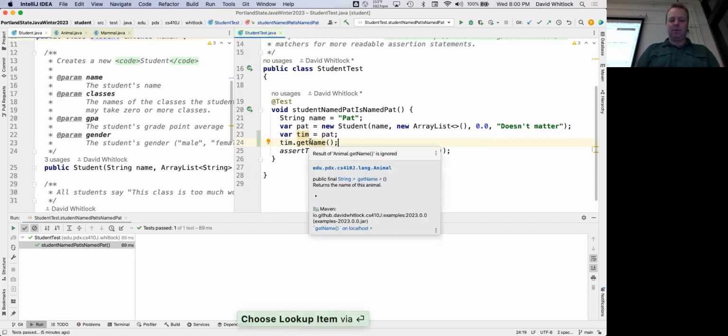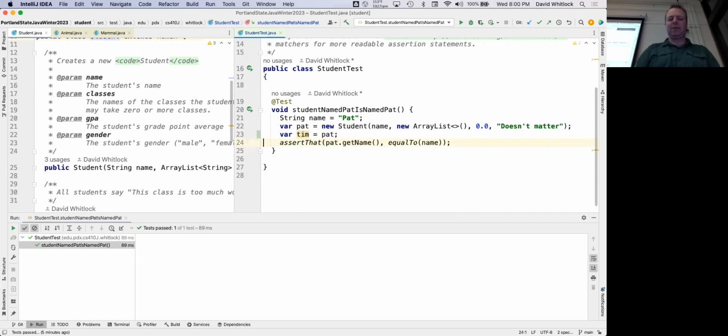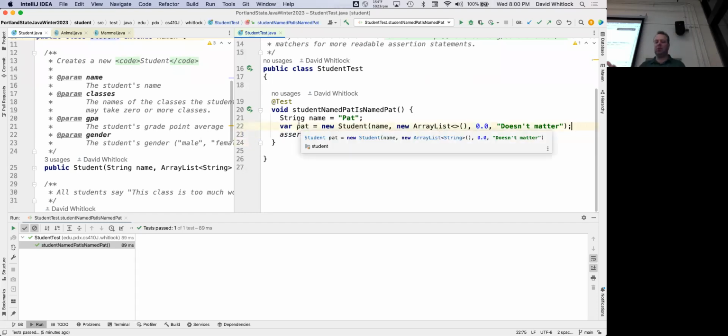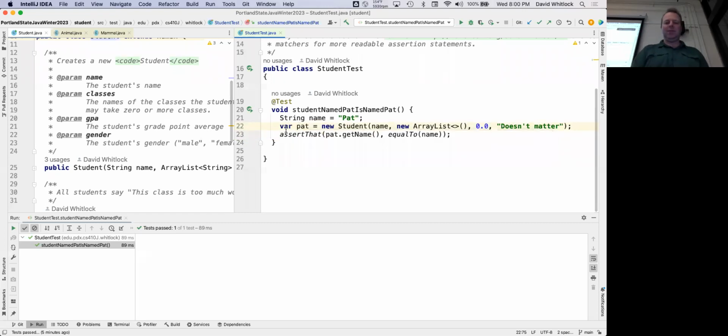No, there's no performance impact because it's all compile time. I bet if you look at the generated bytecode, it looks exactly the same as it would if you had declared that type. It just makes it easier for the human to read it, and has no impact on the computer. Good question though, so no performance impact. Wow, awesome, good deal. No one ever asked about var. Great, okay, so then,